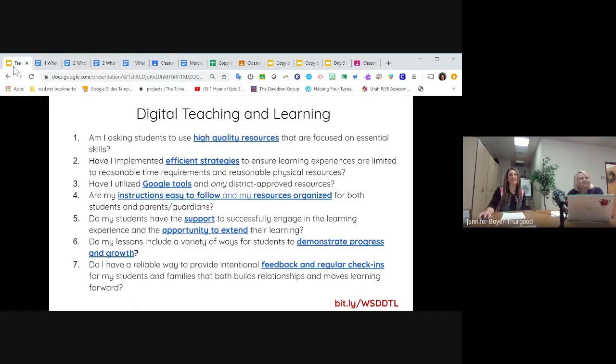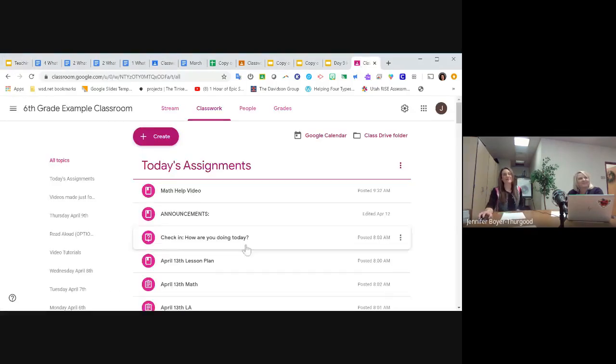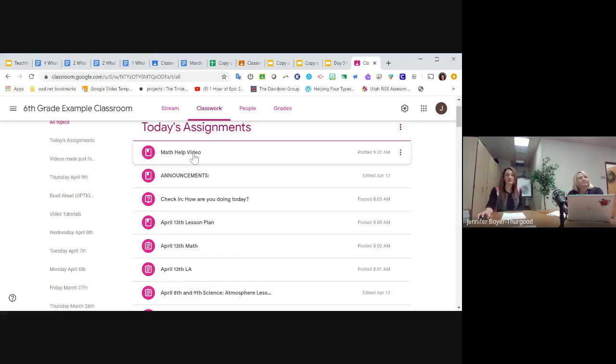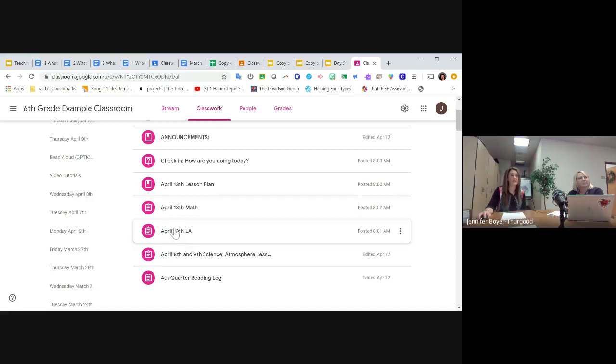let's go to Stephanie's class. Okay. Here's a 6th grade example. Stephanie always has the today's assignments at the top. So this is kind of nice too, because kids know I'm going to open my Google Classroom, I go to classwork, and today's stuff is just going to be right there at the top, and it's going to say today, and that's what I'm going to do. You can see she's got several more assignments. That's okay. This is 6th grade, right? They all have the date on them, so that you can see.